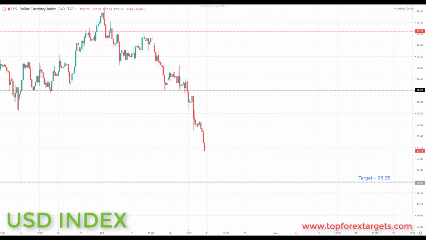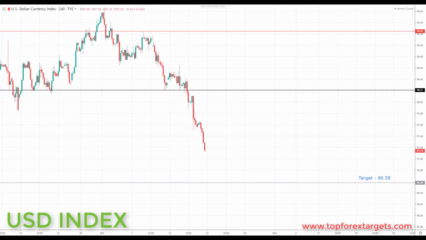As always, we're going to start off by looking at the US dollar index. Now, just before we do that, I want to highlight some key events coming up for this week ahead. We do today have the UK Parliament voting on the withdrawal bill, and this is likely to lead to some gaps potentially starting on Monday in the pound and possibly even the euro. We also have next week on Monday the Canadian elections, and on the Thursday the European ECB interest rate decision and press conference.